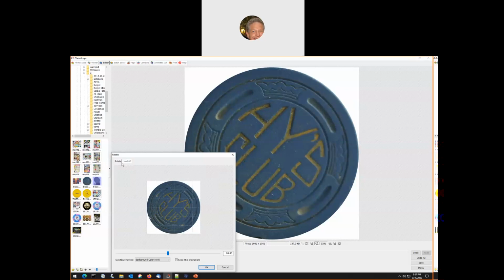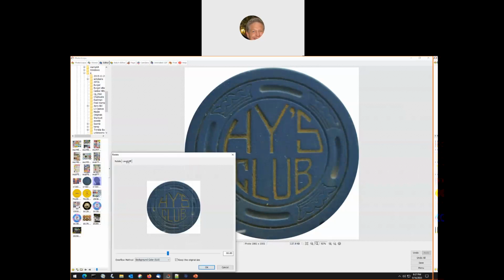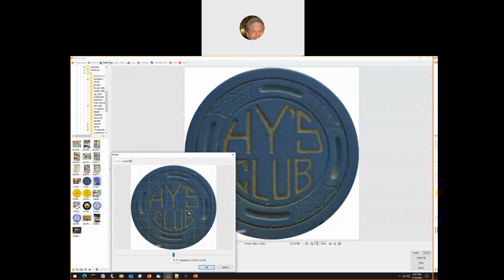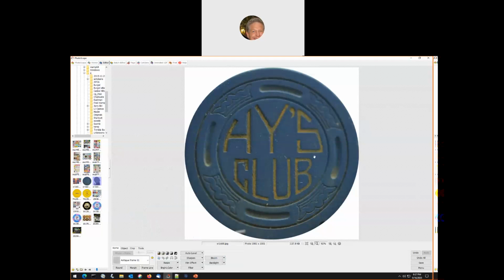I'm going to go to rotate, and I may need to do this twice because I have to do a big one. And that looks about right, maybe a little bit too much this way. Come back one. Okay. And the way I'll check it is I will do the level off function. I will look at the top and the sides. I think it needs a teensy more, 0.15. And now I have a round chip,